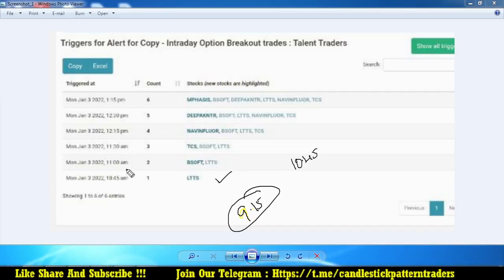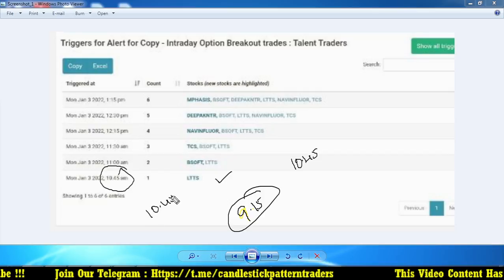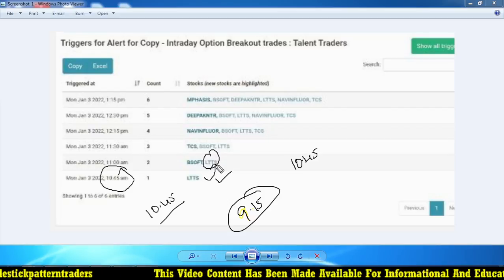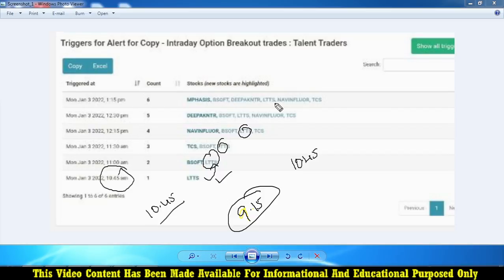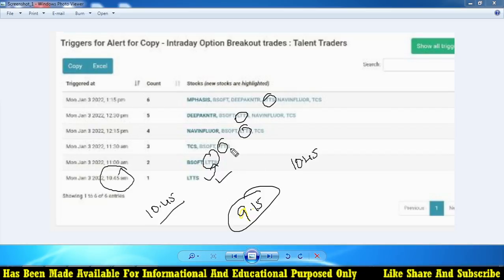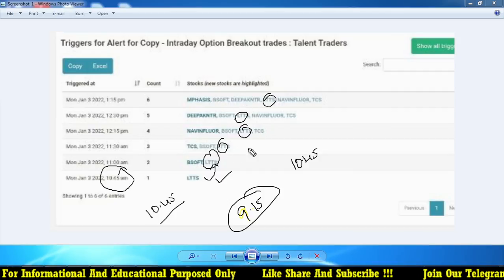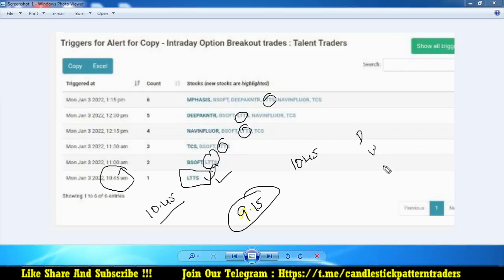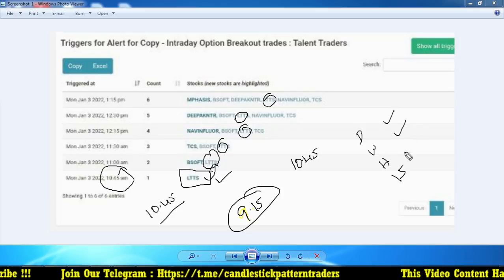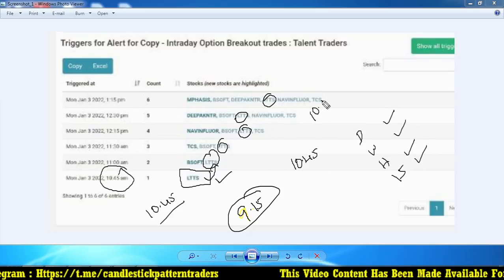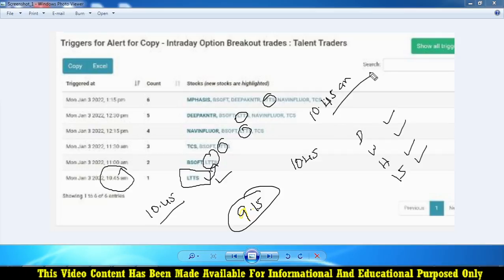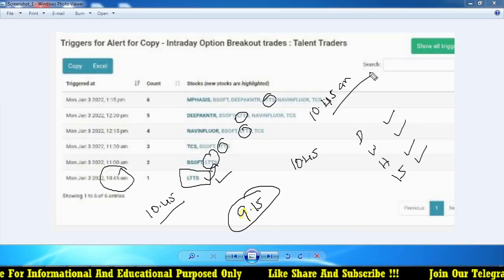After that first candle, which is the 10:45 candle, the same stock will satisfy again in the next 15 minutes. It will come under the scanner again and again, so each and every 15-minute time frame the stock will be alerted. So the first 15 minutes should be the most important. Daily, weekly, hourly and 15-minute time frames were satisfied today at 10:45, along with the RSI condition. 10:45 AM is the time when the stock LTTS triggered. These are the main conditions to focus on while using the scanner.